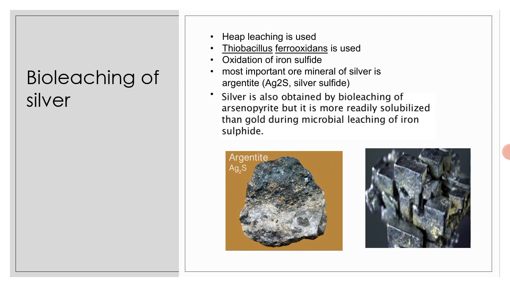So now in this picture you can see on the left hand diagram there is the argentite ore, the mineral ore of the silver, and on this ore the silver is deposited, and so we have to extract that silver, right? So we are using bioleaching, we are using the microorganism so that we can extract the silver from this ore. And on the right hand side you can see there is extracted pure silver. Okay, so this is about the bioleaching of the silver.